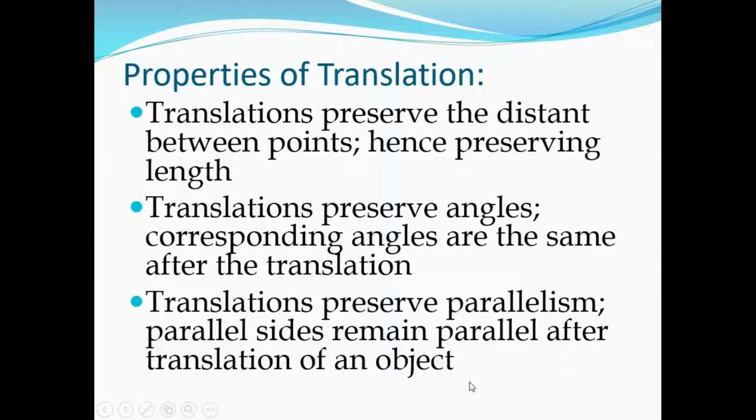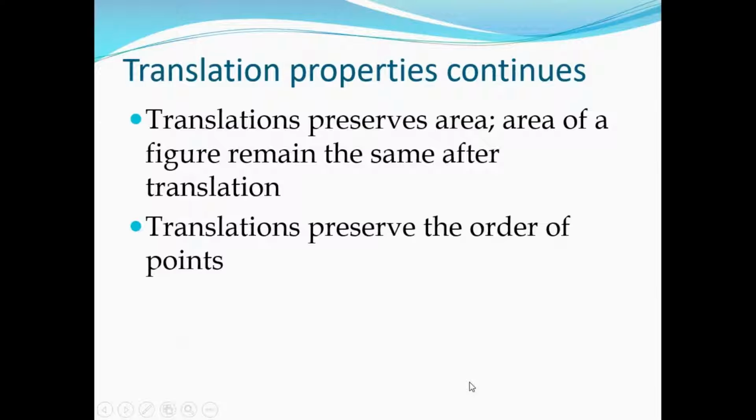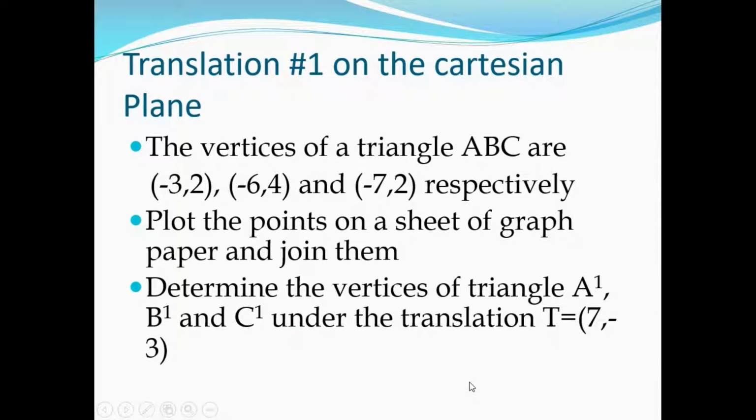Translation preserves the distance between points, hence preserving length. Translations preserve angle. The corresponding angles are the same after the translation, and translations preserve parallelism. So parallel sides remain parallel after translation of an object. Translation preserves area. Area of the figure remains the same after translation. And translation also preserves the order of